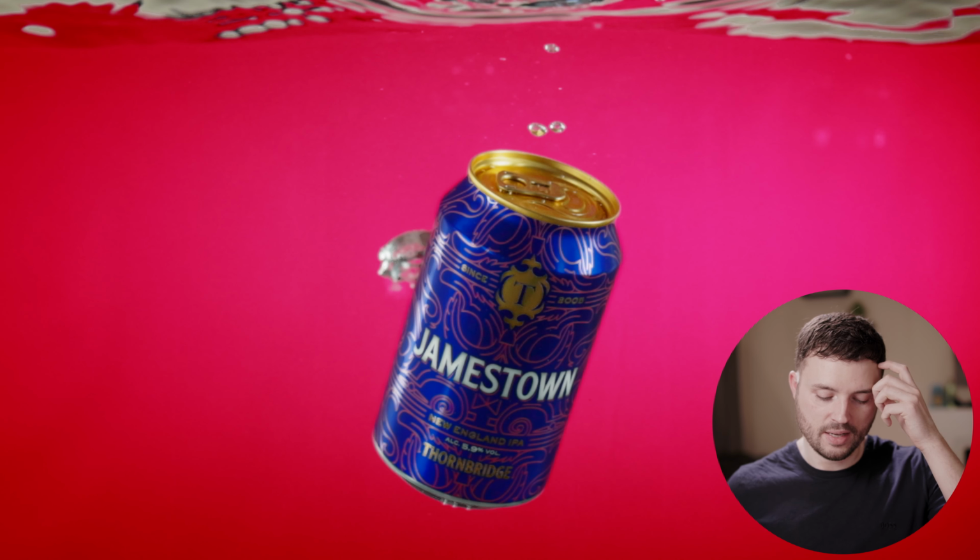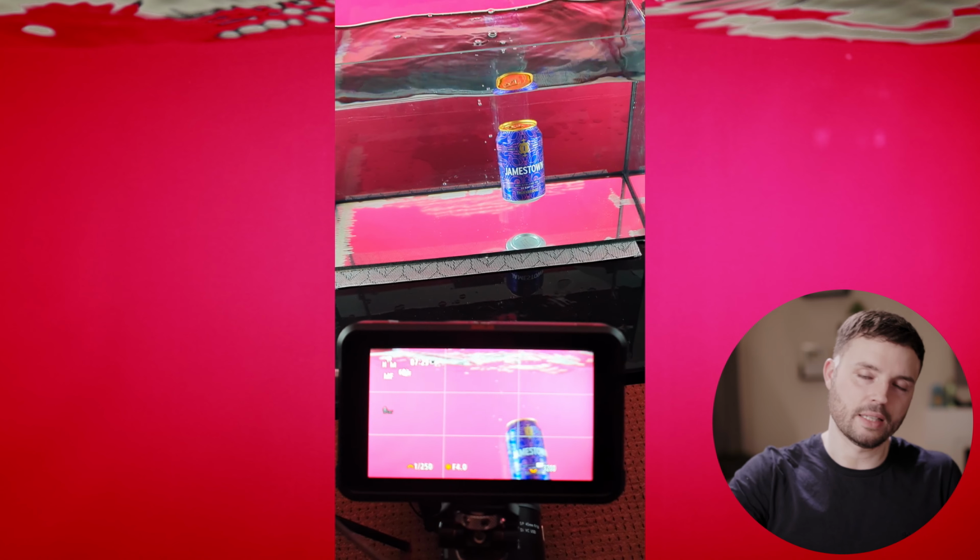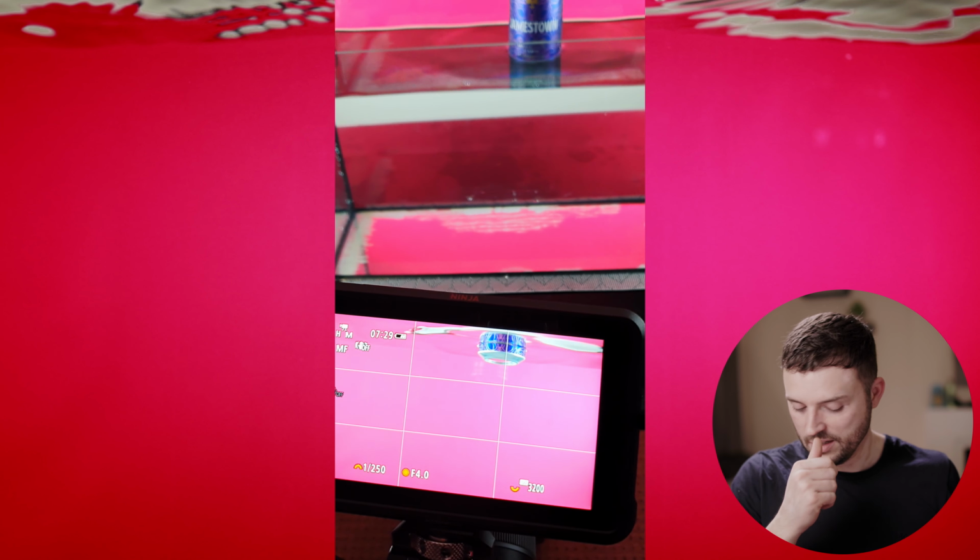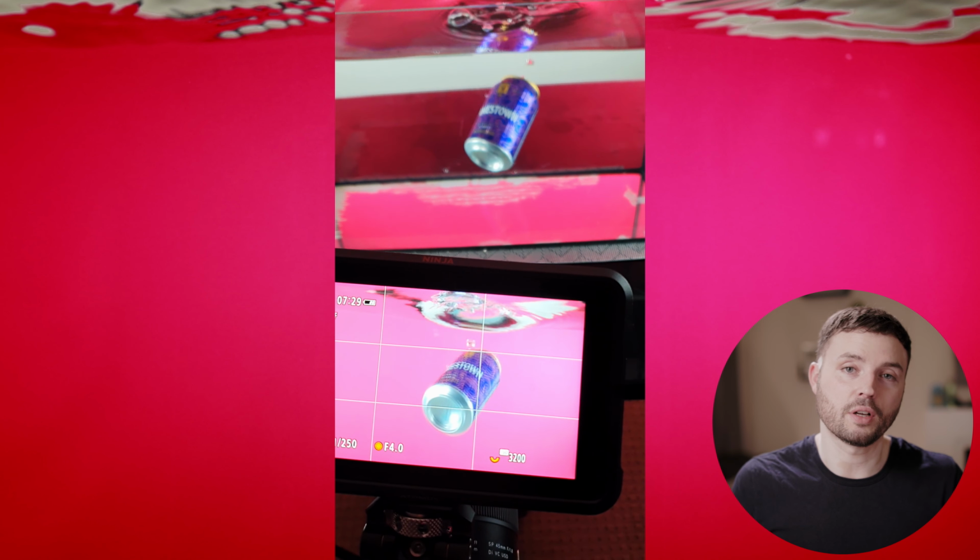Going into the next shot, I'll actually put a shot of this on screen when I was trying to drop it in. I kept on dropping it in, it was hitting the bottom, I was trying to get the bubbles, and I just kept on doing it until I got a good shot. It's not as easy as you can imagine. But I'm not going to lie to you, I think this is one of my favourite shots in the entire thing.